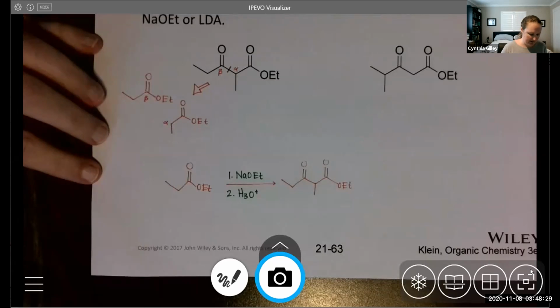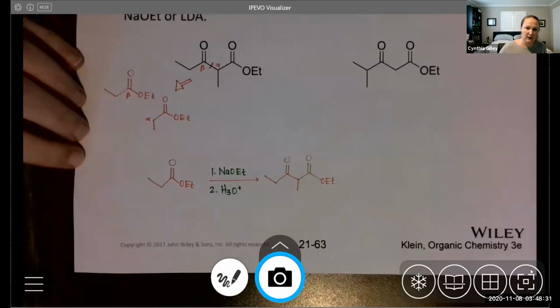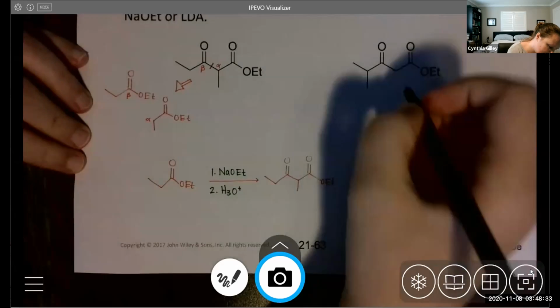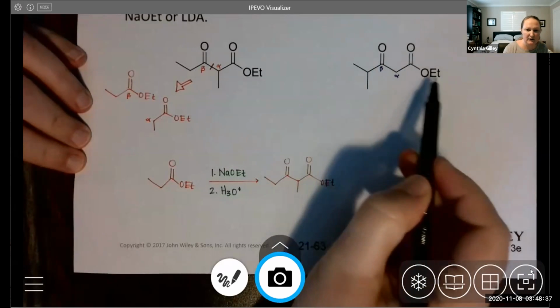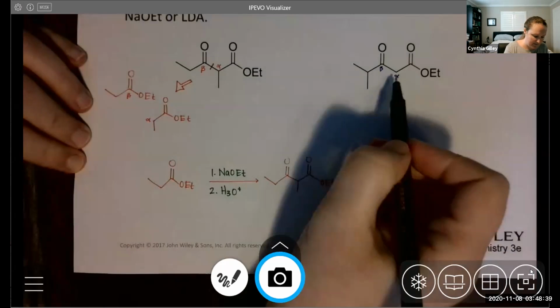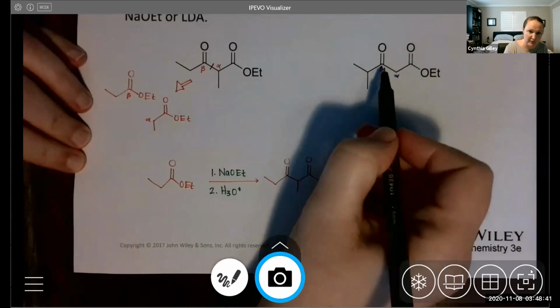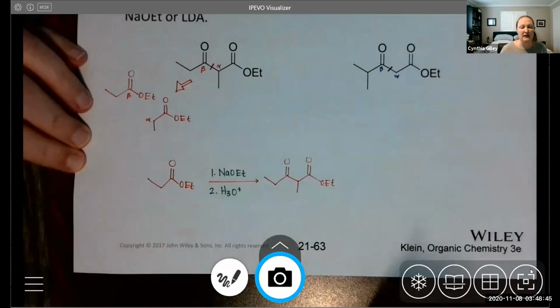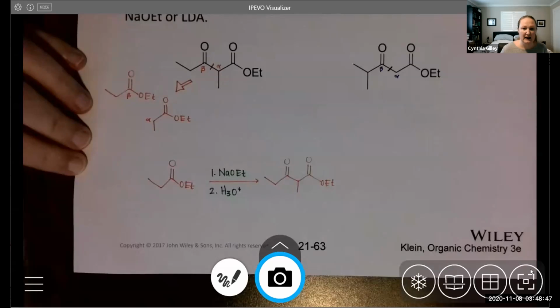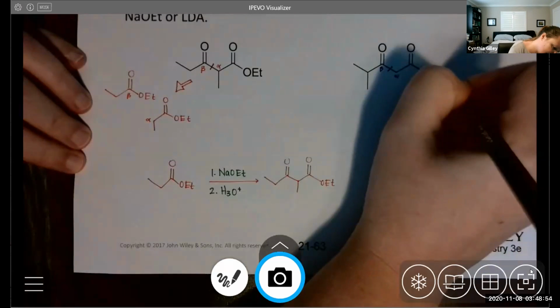Okay, let's look at the other one over here. So again, this is our ketone, and this is an ester. So I can label this the alpha carbon of the ester and the beta carbon for the ester. Think about making the carbon-carbon bond between the alpha and beta carbon. So when we simplify this through retrosynthetic analysis,